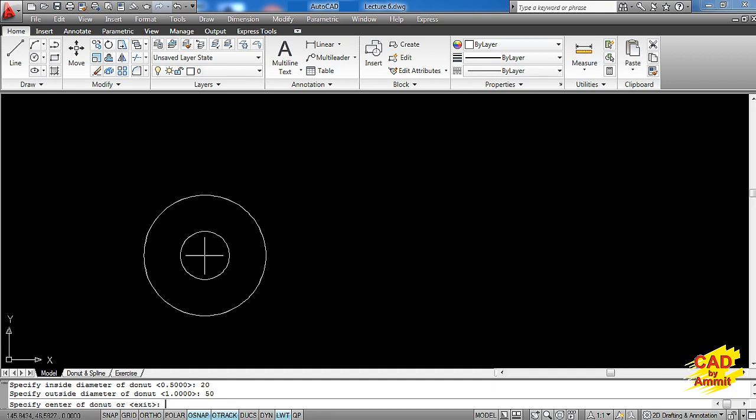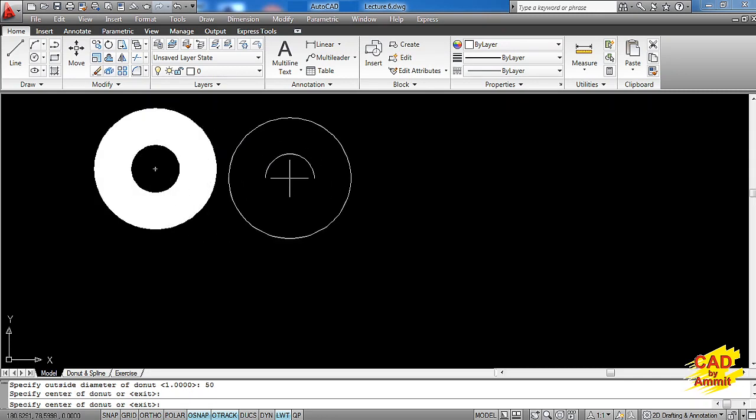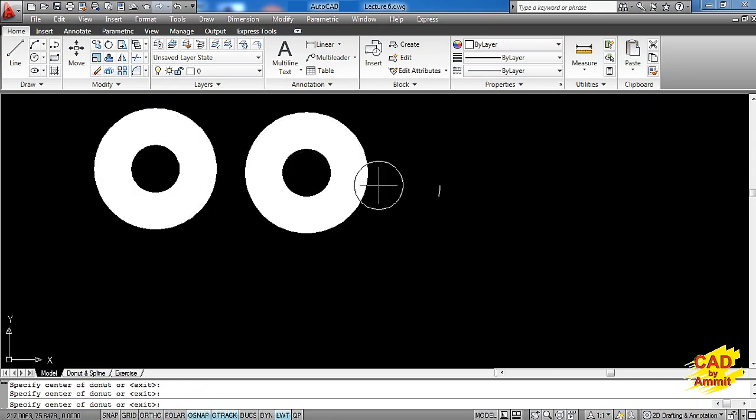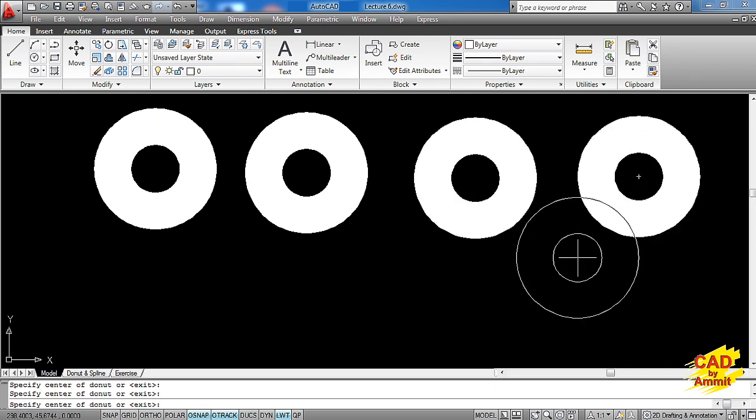And here you can see the donut center coming up on the cursor. As I give the location of the center point, we get a donut on that very point and we can create as many donuts as we want with the same size. Now suppose I want to create another donut with a different size. I have to come out of the command and enter into the command again using the enter key.